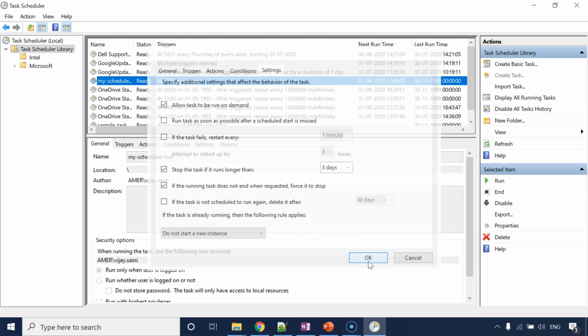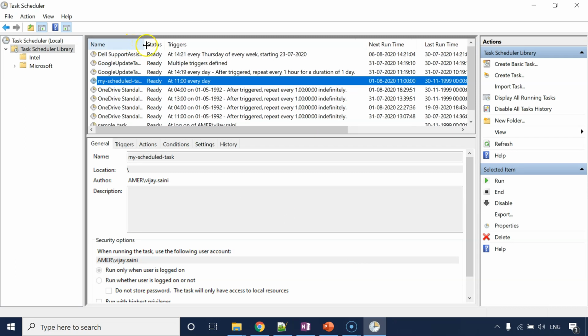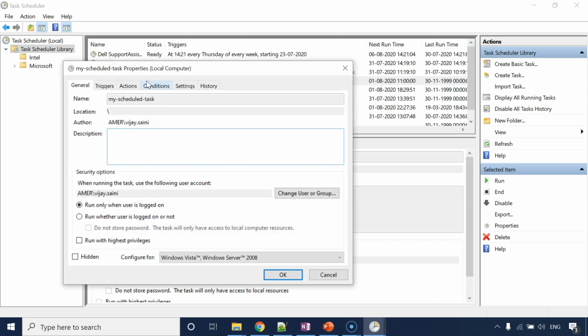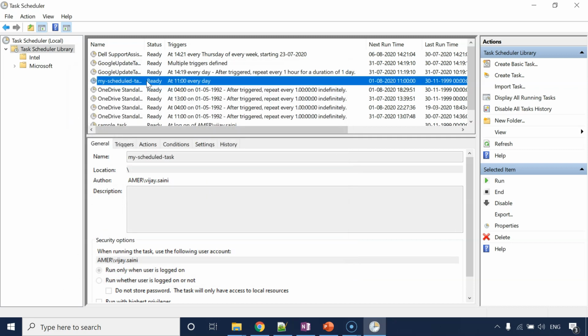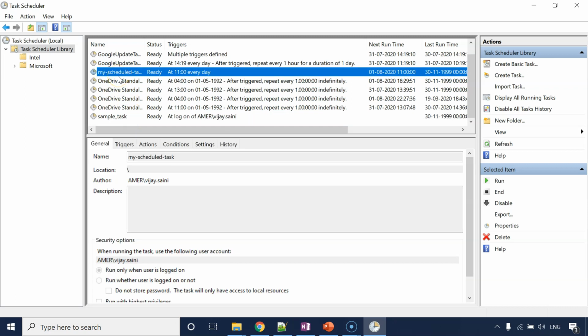Let me click OK, and our scheduled task is created and scheduled as per our requirement, right? Please understand, once the scheduled task is created, there is no difference between this task and the basic task we created. There is no fundamental difference between them apart from the way of creation, right?